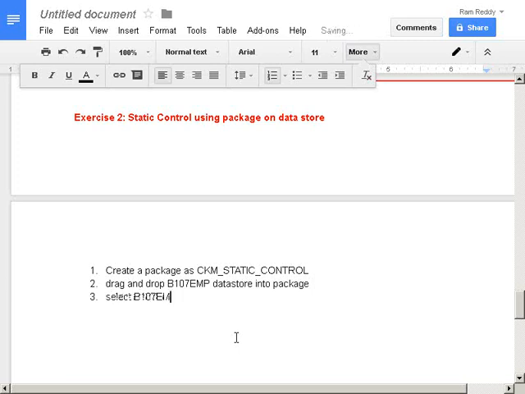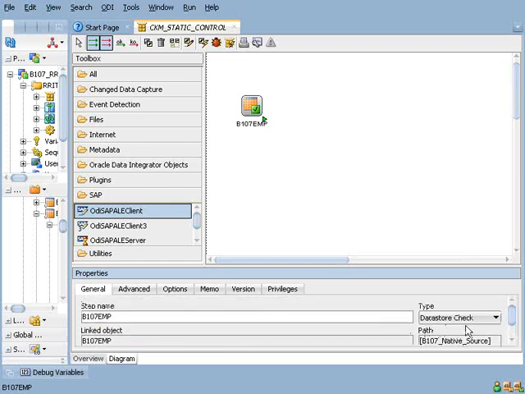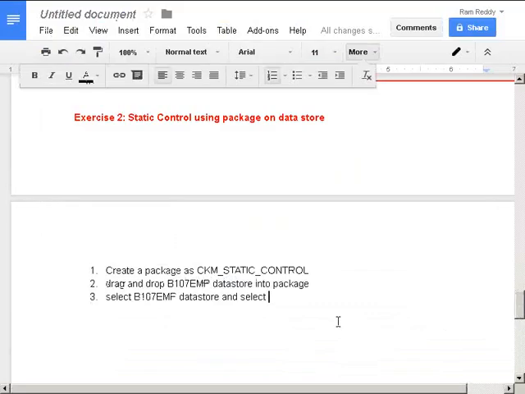Select the B107 emp data store and select type as data store check.